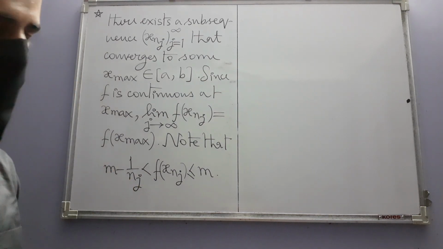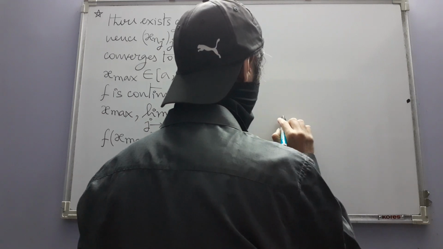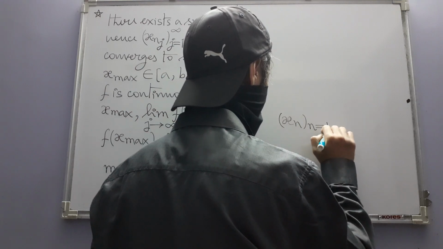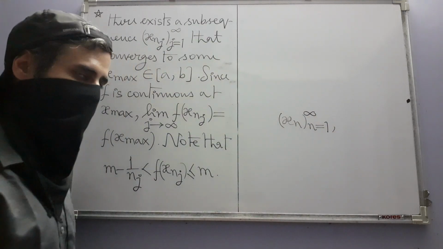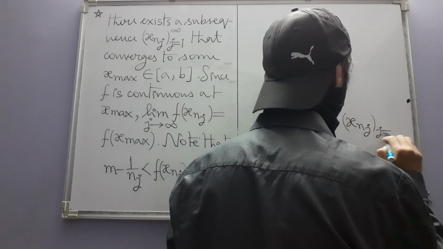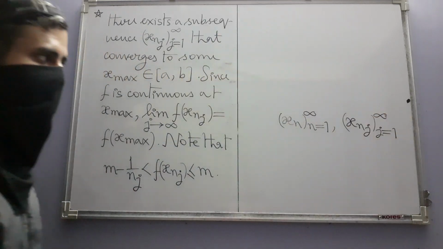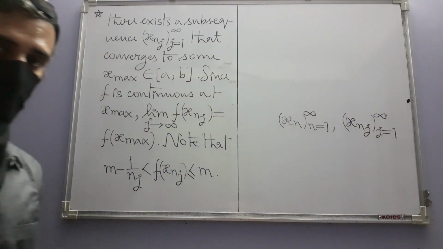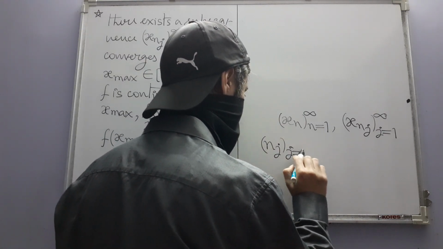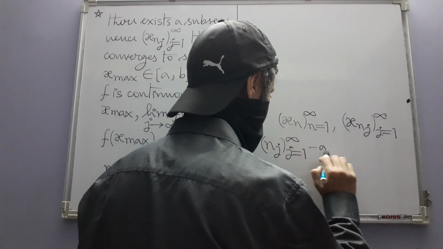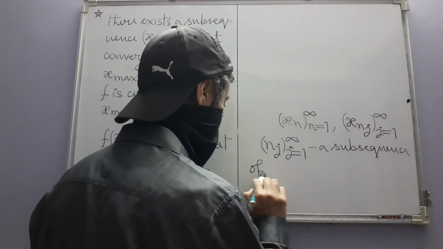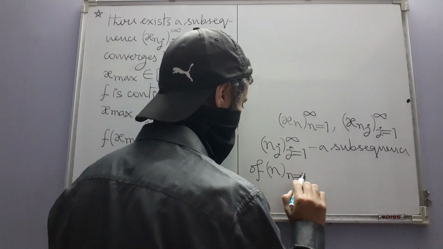What is nj? xn is our original sequence, and we are saying that x_{nj} is a subsequence of this. So by the definition of a subsequence, nj then should be a subsequence of the sequence of positive integers n,